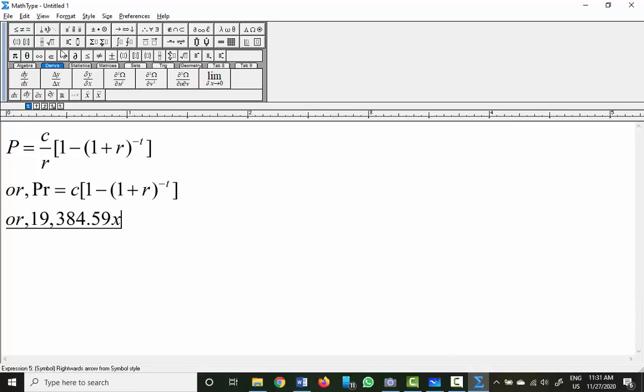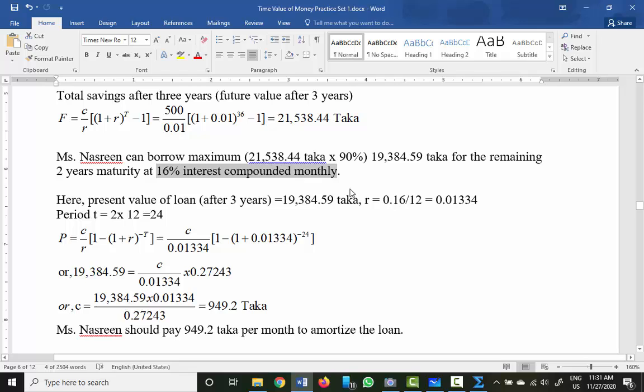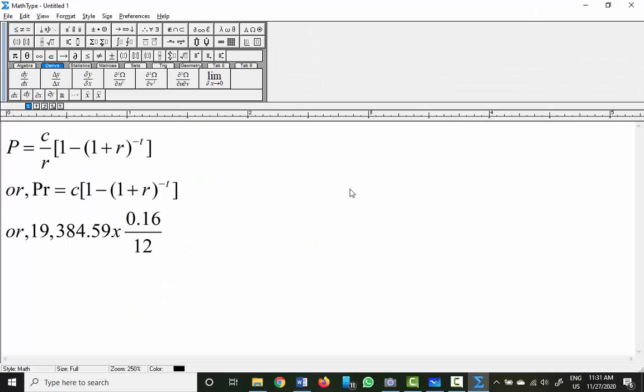So 0.16 compounded monthly means divided by 12, is equal to C times (1 minus